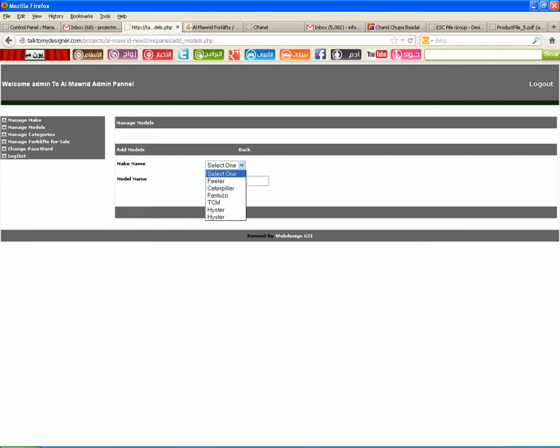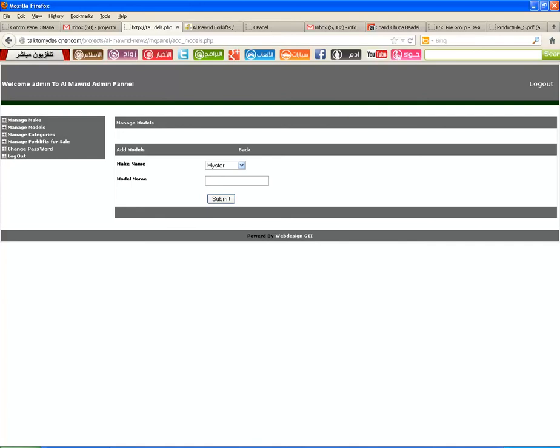Here if you click on this select button, then in this drop down list, it will display whatever makes you have entered using the manage make, that add make option. See, here is a Hister what we have added right now.